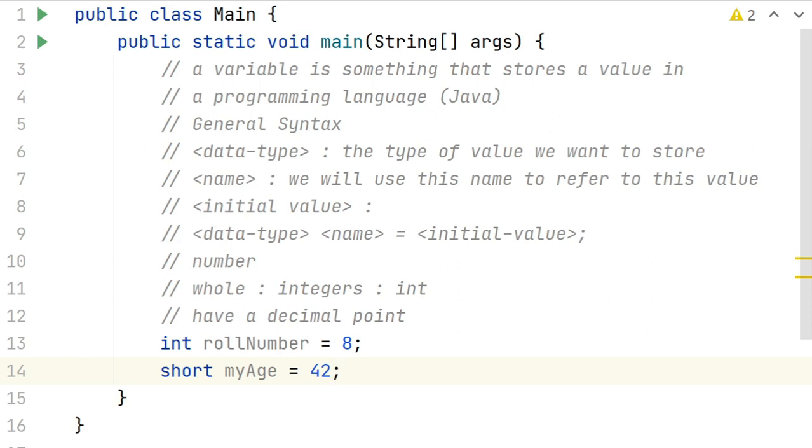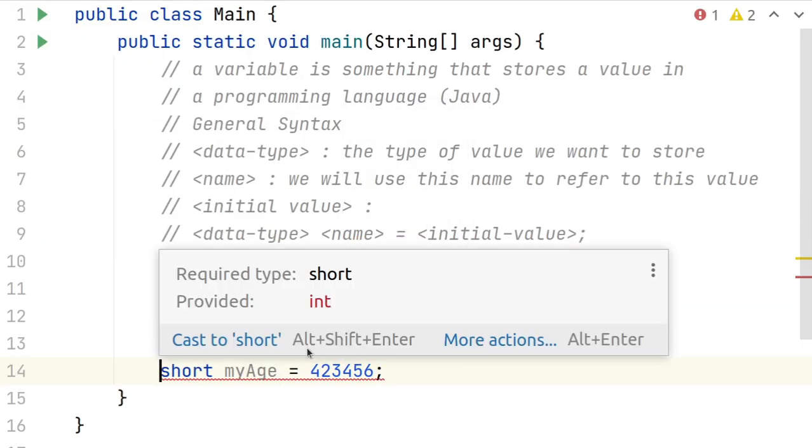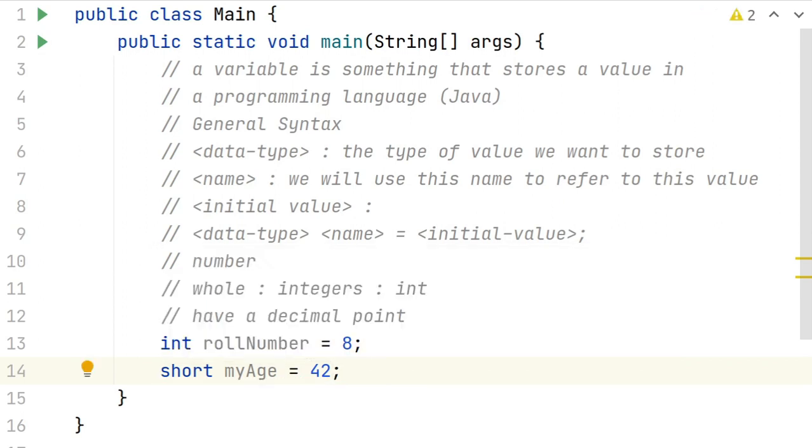If we try to do it like this, after a certain while, the IntelliJ gives us an error. Let me just go back and like this, right? So it says write this. So basic point of this is we only have a certain type of range associated with data type.